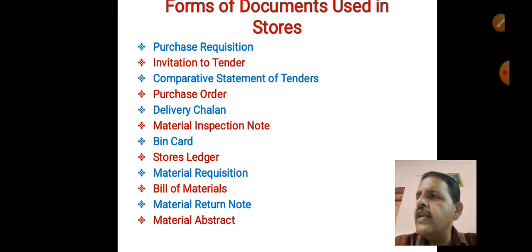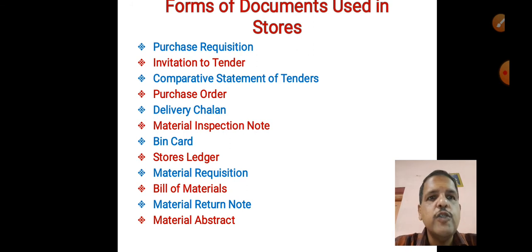Bin card and store ledger also need to be compared to account for handling or environmental losses, which may be inevitable or even invisible in some cases.